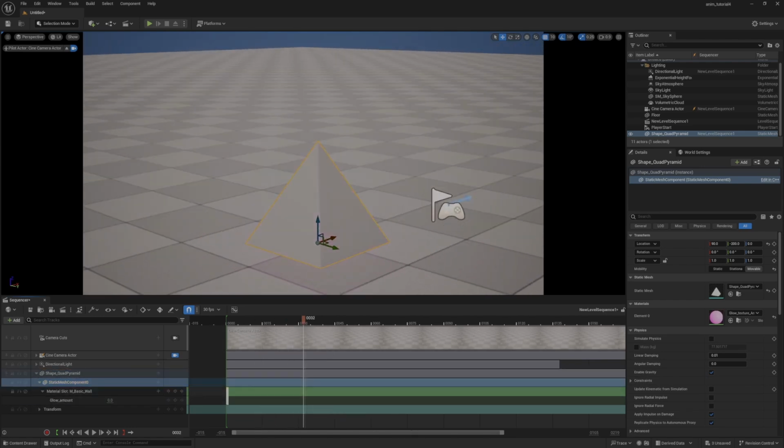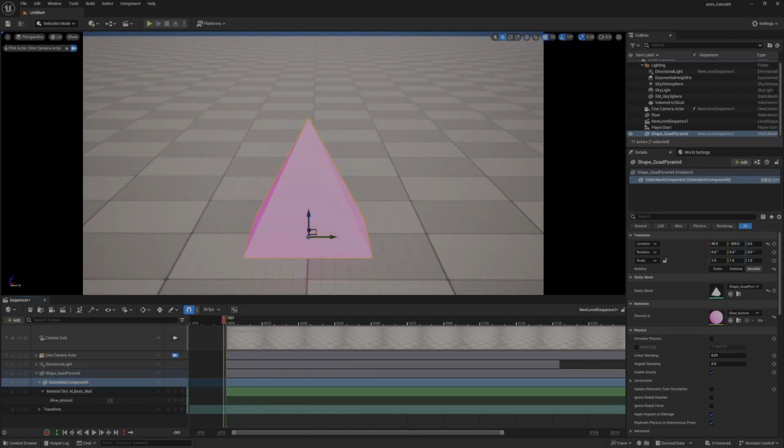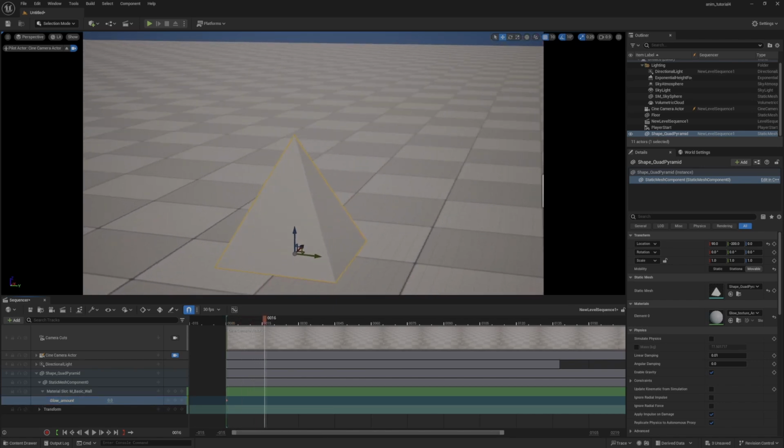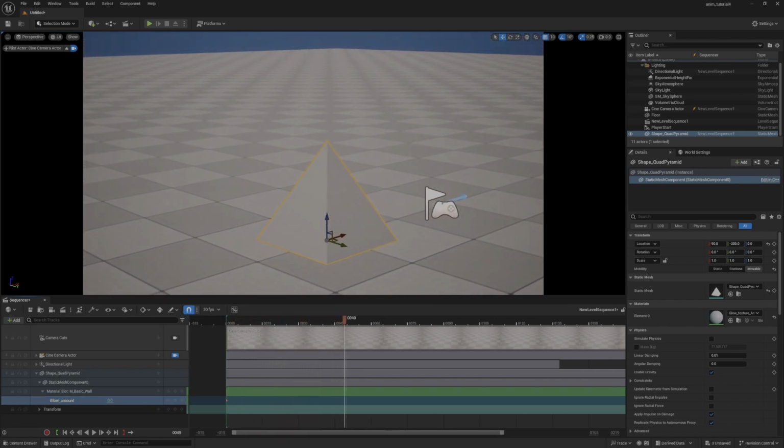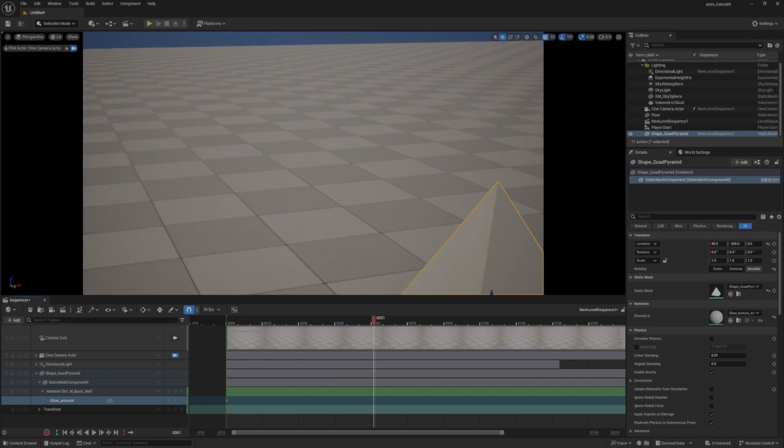I'm going to delete this keyframe. Cool. Now it's actually set to 0. I want it set to 0. That way it looks white. Now when it starts to get dark,